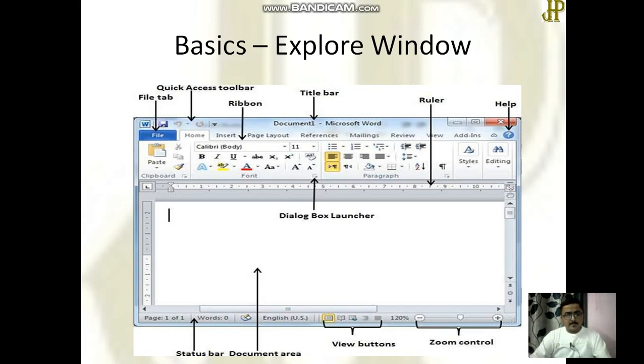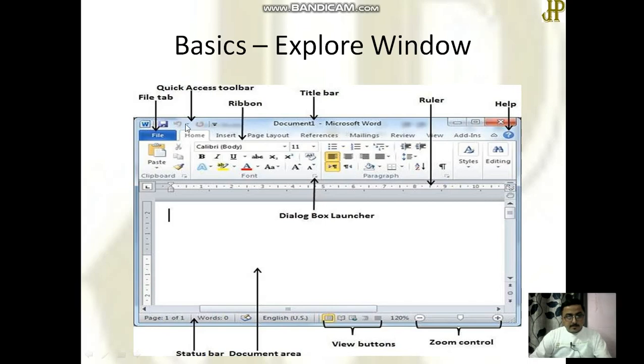Other than this, there are 7 tabs: Home, Insert, Page Layout, References, Mailings, Review, View in a ribbon. Okay, this area is known as ribbon. Clear?